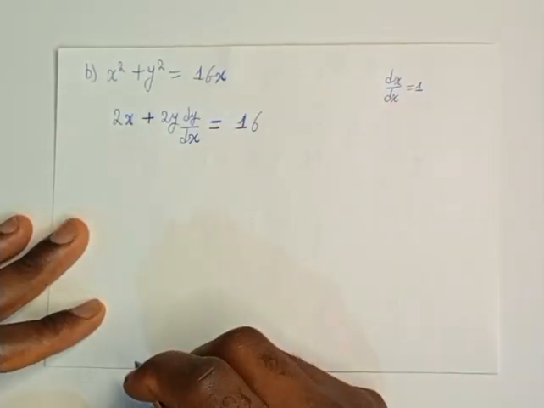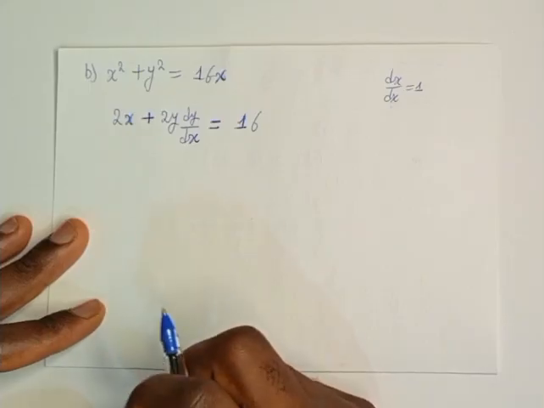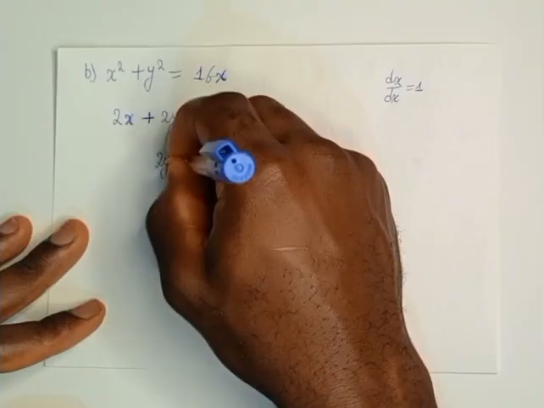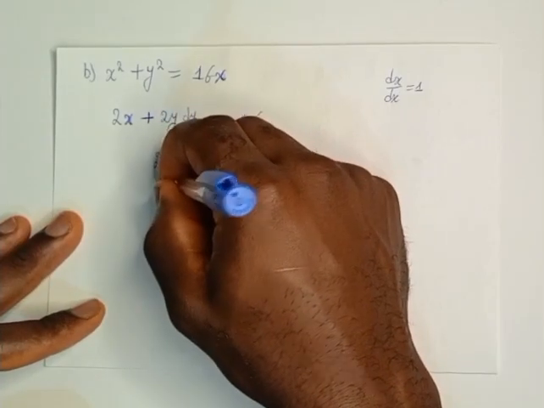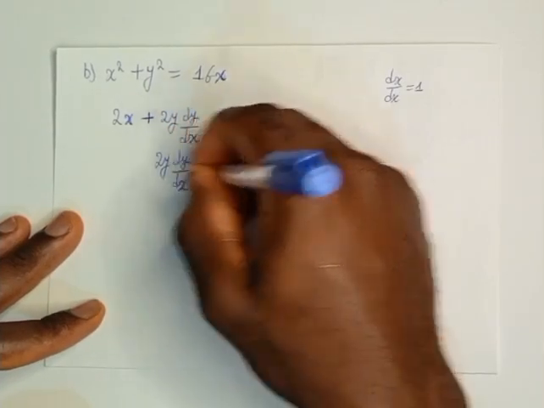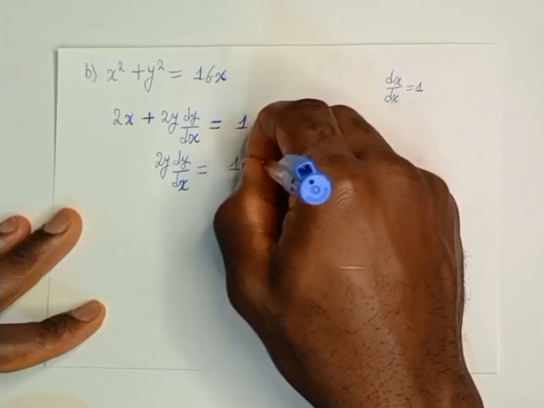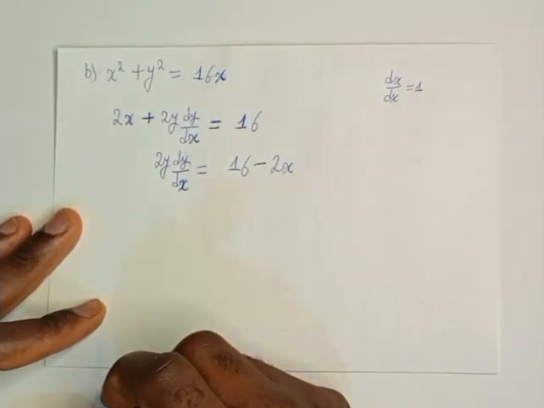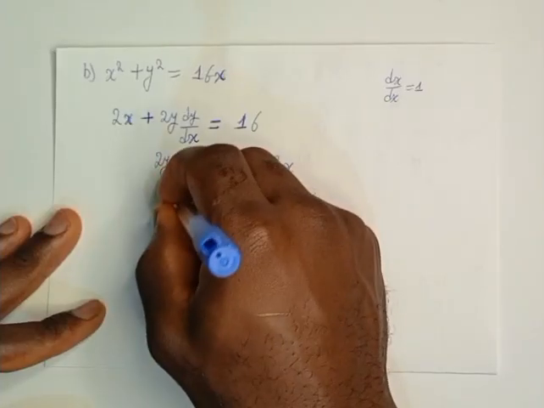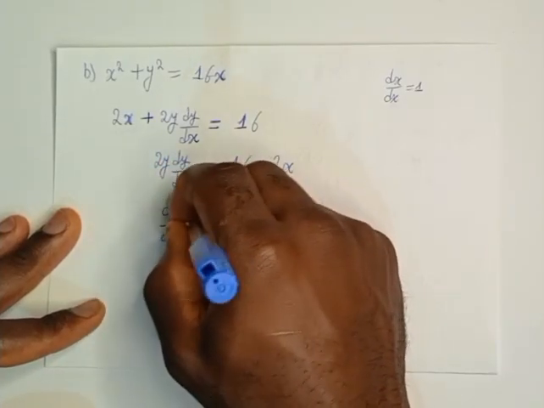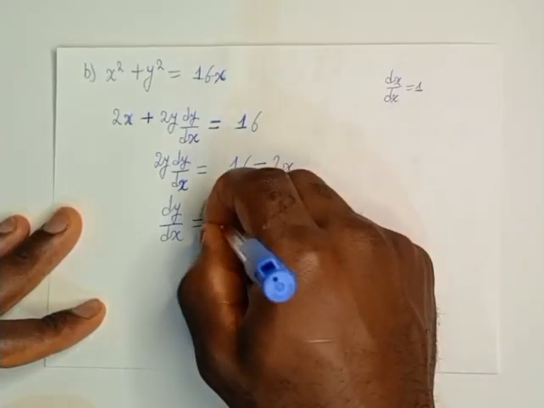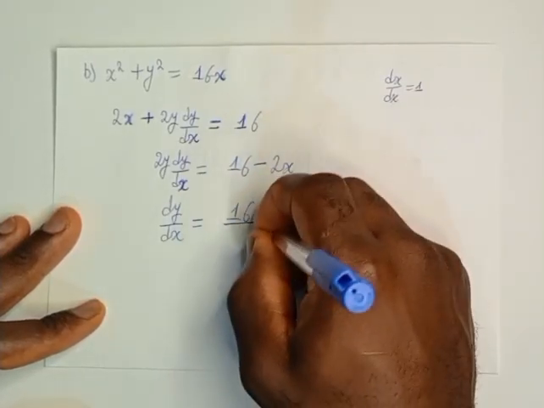Next, we have to transfer 2x to the right hand side, since we have to make dy on dx the subject of the formula. This will give us 2y dy over dx to be equal to 16 minus 2x. Next, we are going to divide both sides by 2y. Then our dy on dx will simply be equal to 16 minus 2x all over 2y,